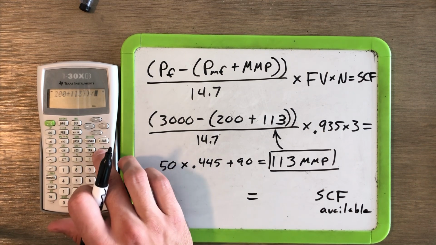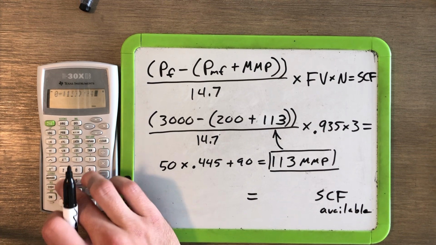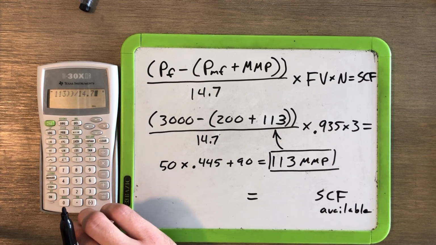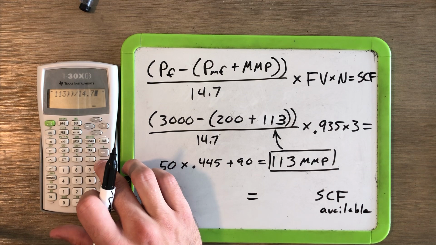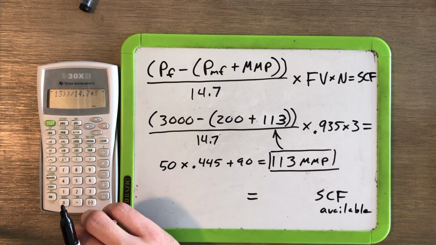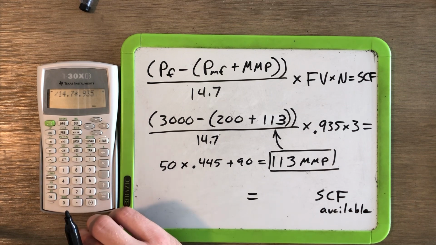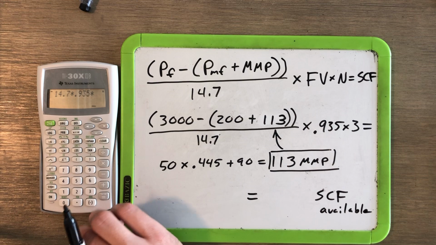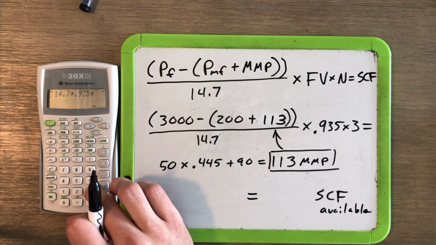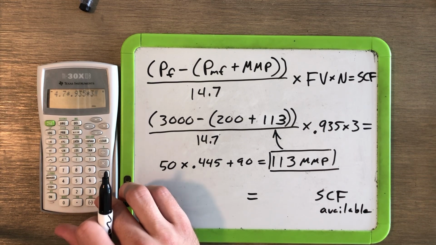And then we're going to divide that by 14.7. And then we will multiply that by 0.935. That will then be multiplied by 3. And that will give us our final answer